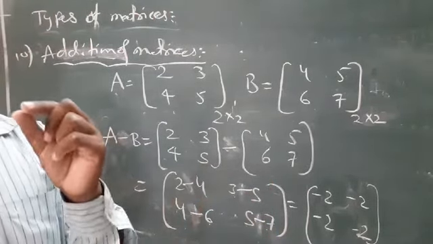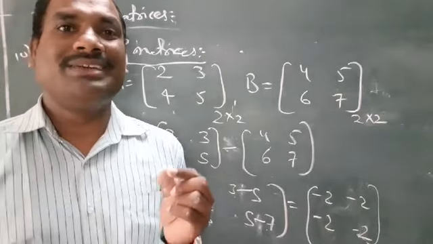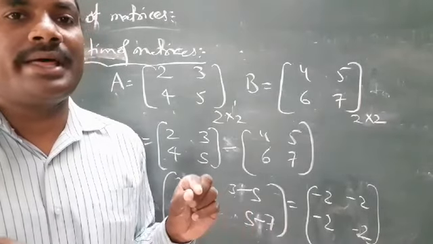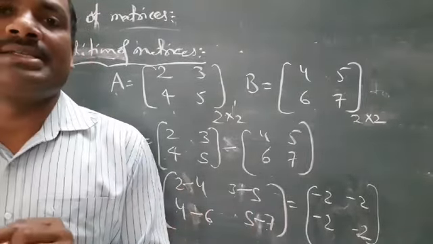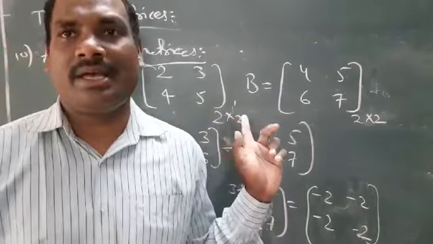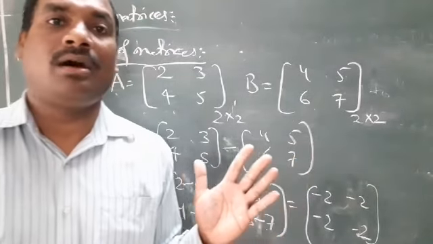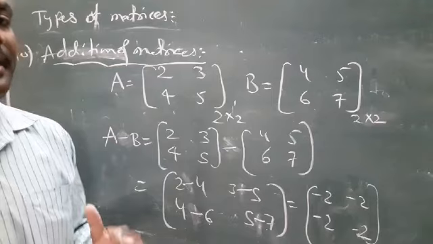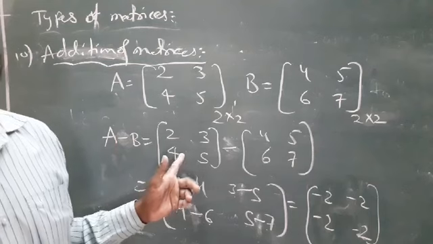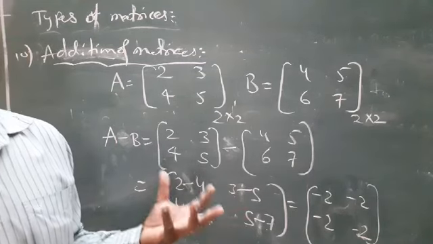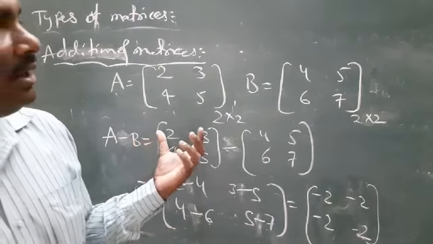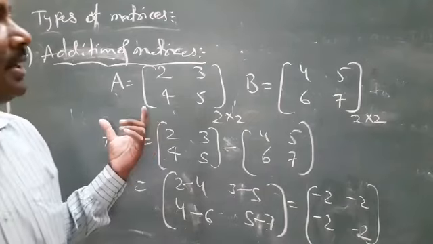Next one, a note point is there. What is that? Every scalar matrix is a diagonal matrix, but a diagonal matrix need not be a scalar matrix. Next one क्या है, identity matrix. Identity matrix क्या है, principal elements all are equal to 1 and remaining are zeros, and the identity matrix is denoted by capital I. Okay, next one zero matrix. Zero matrix means elements of a matrix all are zeros and it is denoted by O.